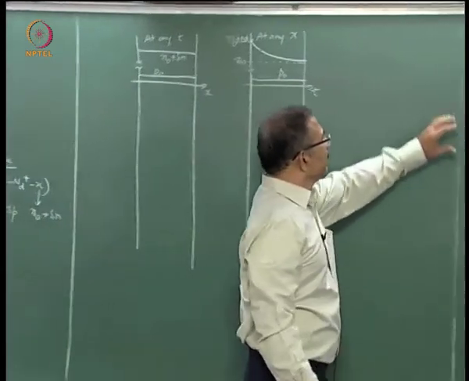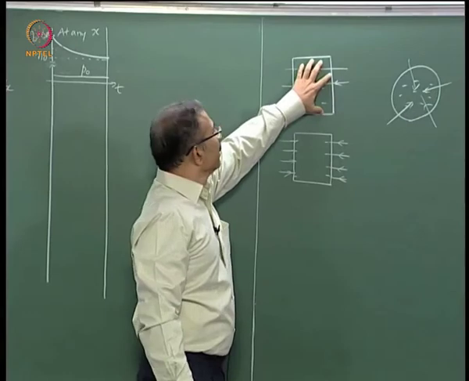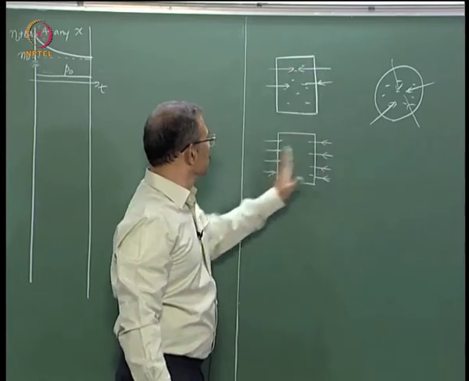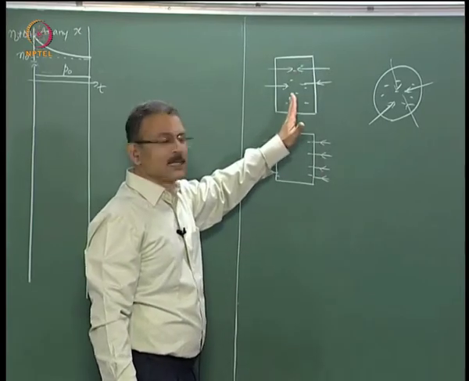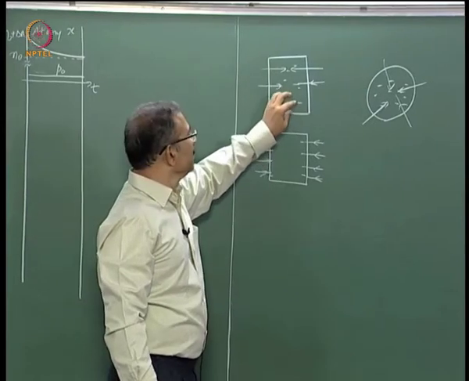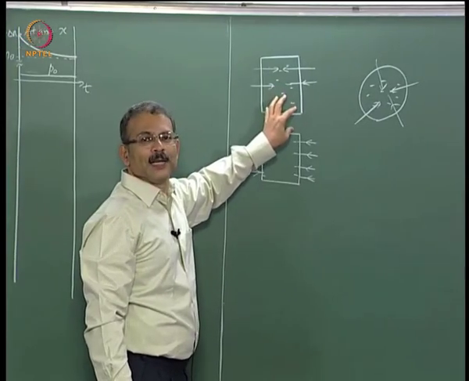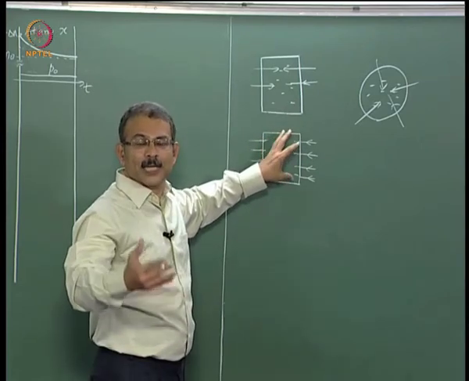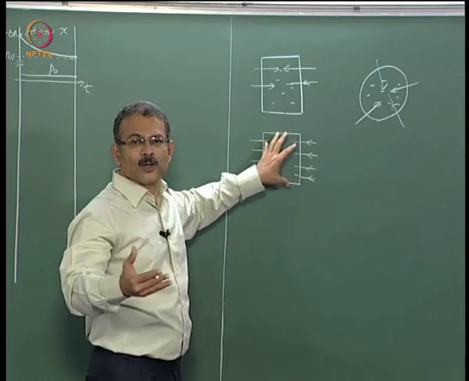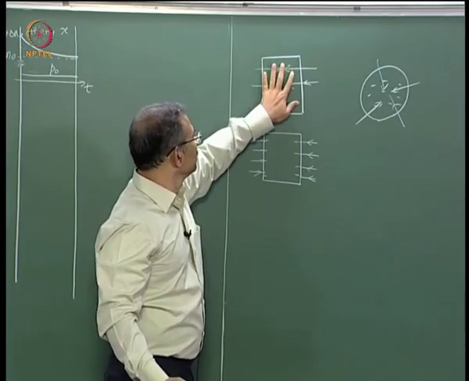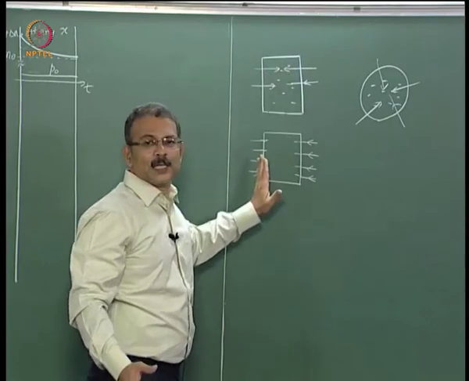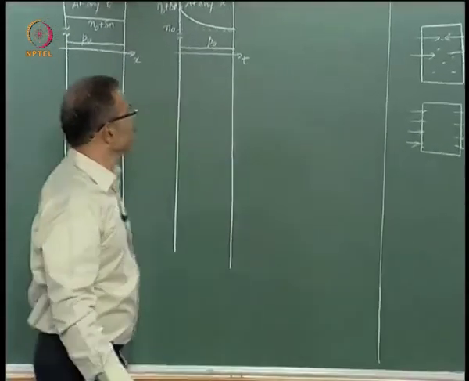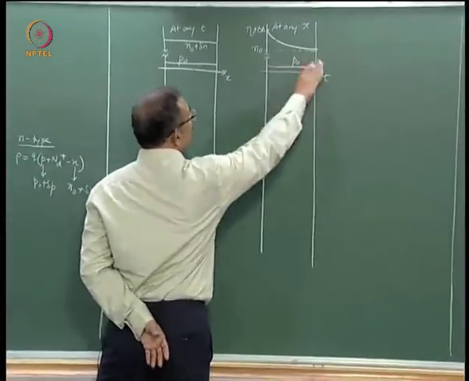Now, note that this electric field will act on the holes also. So, when the electric field is moving the mobile electrons to the surface, will it not act on the holes? Yes, it will act on the holes also. However, the disturbance of the holes would be very small. It is going to be mostly the electrons that are affected by the field, because they are in very high concentration, and the drift current that is causing the volume concentration of electrons to move to the surface will be several orders of magnitude more than the drift current of holes, because holes are minority carriers. So we really don't bother about the change in the hole concentration.